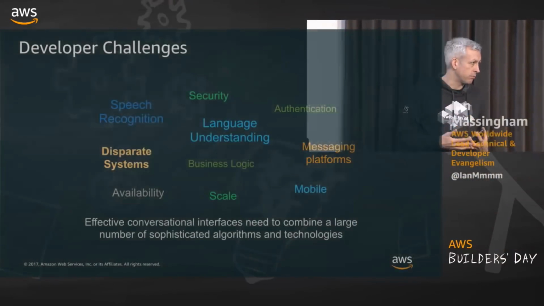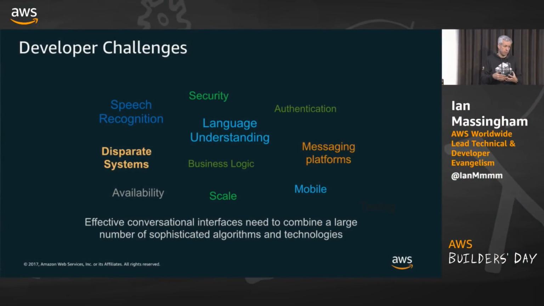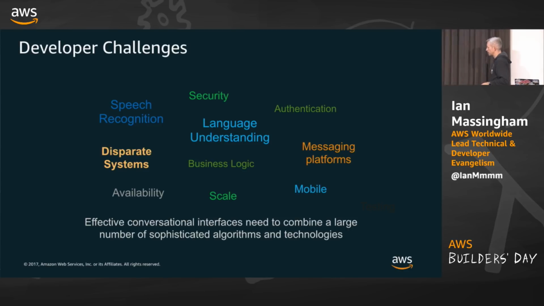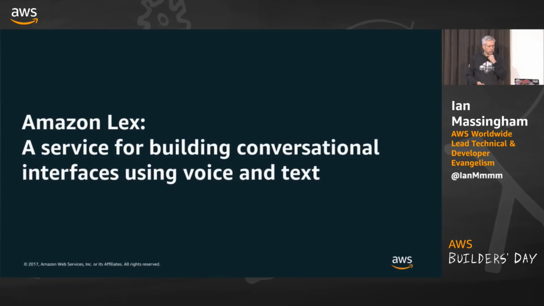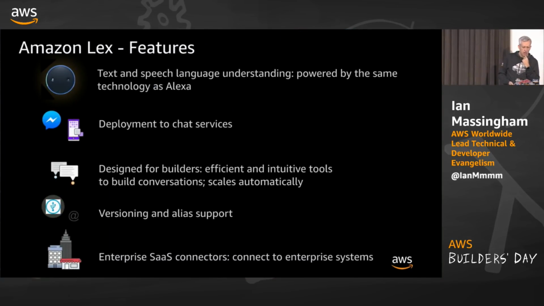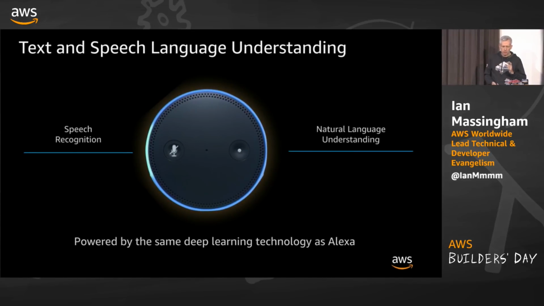So I can address some of these scaling, security, availability, business logic challenges by using other AWS services. Actually a broad range of different AWS services, but AWS Lambda is the glue that makes that stuff happen. Okay, we'll explain precisely how later on when we get into the demo and take a look at the docs. I think we've covered pretty much everything I wanted to cover on why we built this and what we've built.